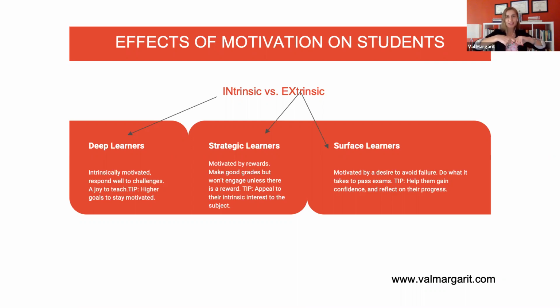You have to provide examples as to how the course they are taking with you will help them be successful in the real world, so they can work harder, so they can see that their efforts will pay off. And the third group is surface learners. These learners are motivated because they don't want to fail, right? They don't want to look bad in front of other people. And how you are going to help them is to really increase their confidence, to give praise not necessarily to them, but to the work they do, and to push them and tell them you can do even better. Just try A, B, and C, and you are going to do even better.